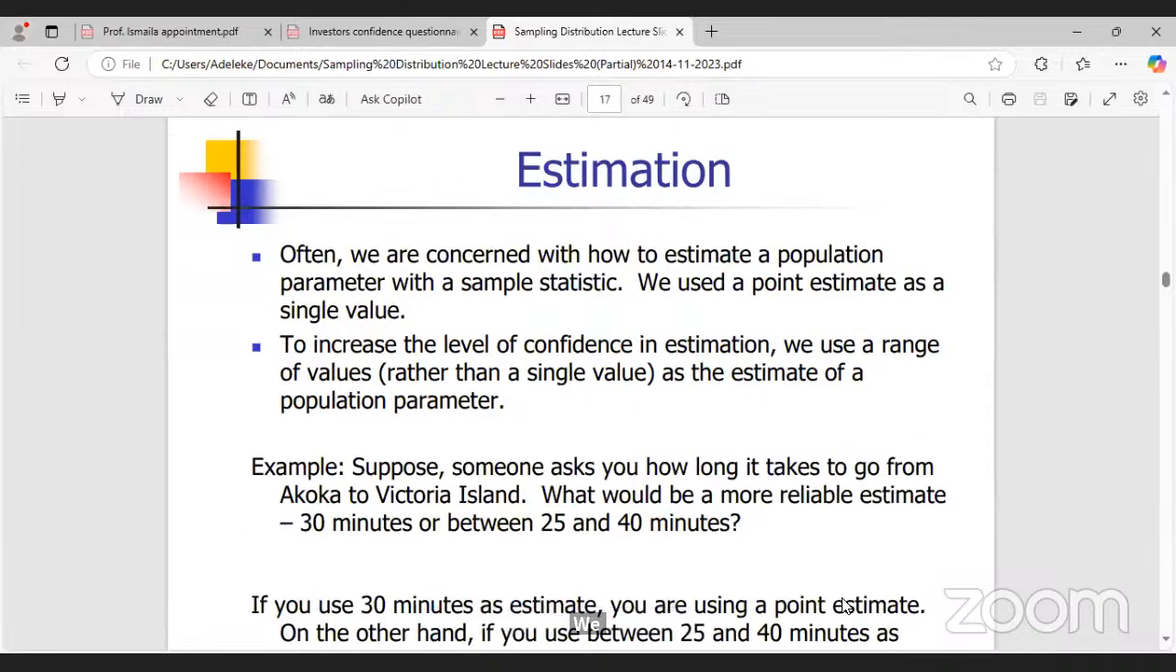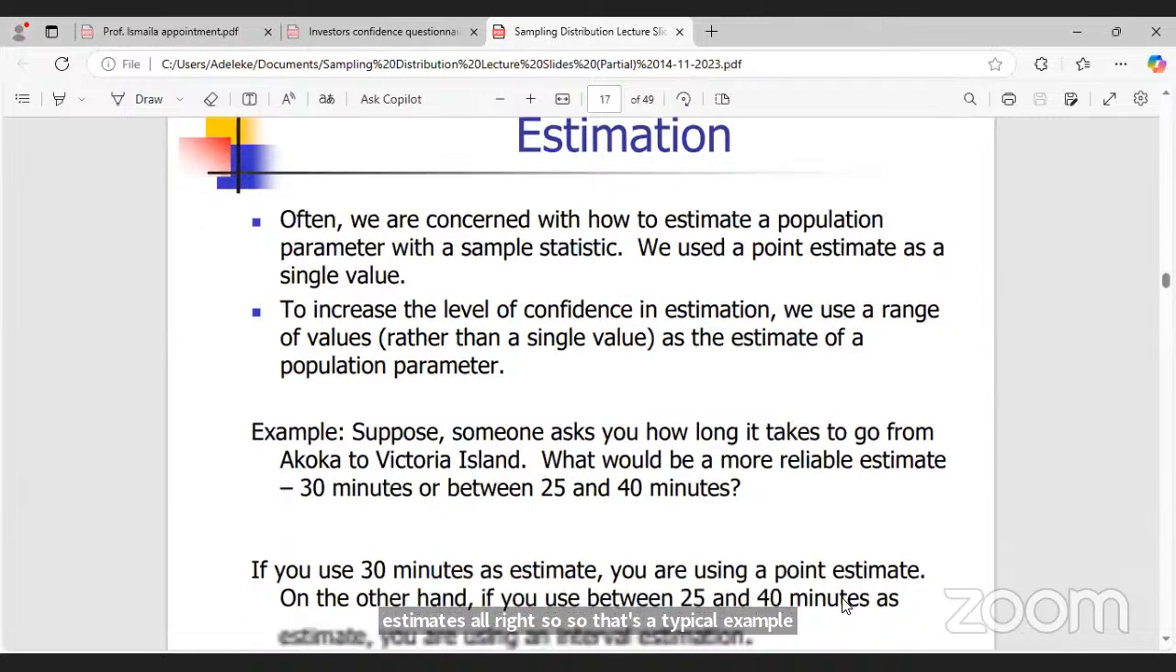So this example says that suppose someone asks you how long it takes to go from Akoka to Victoria Island. It is possible for you to say that it is 30 minutes. That's an estimate, that is a point estimate. And it's also possible for you to say it will take me between 25 and 40 minutes. So that's also an estimate, that is an interval estimate. All right. So that's a typical example of how you can describe point and interval